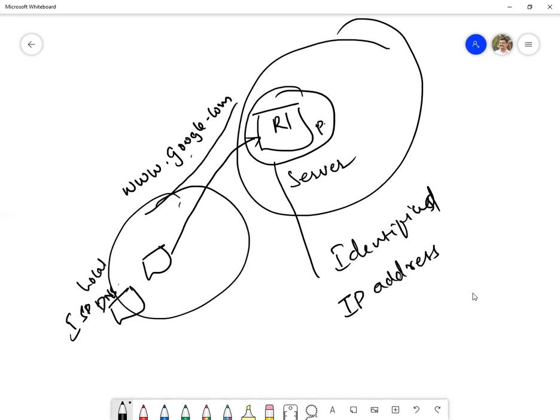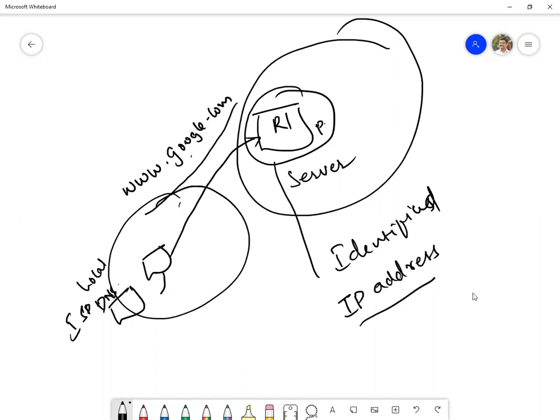But in between, there is one more thing happening. You are not actually connecting directly to the server initially, because without knowing the IP address of this particular device, you know the name of the device or the resource where it is located, but without the proper IP address, you cannot communicate with it. So how do you get the IP address?